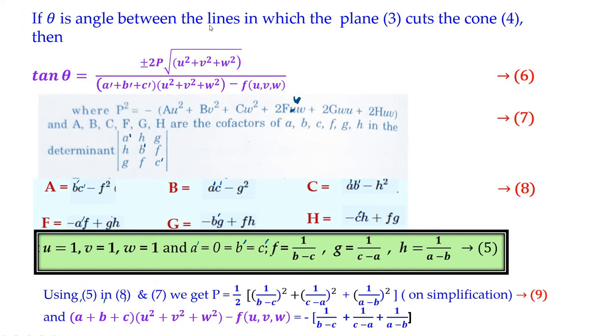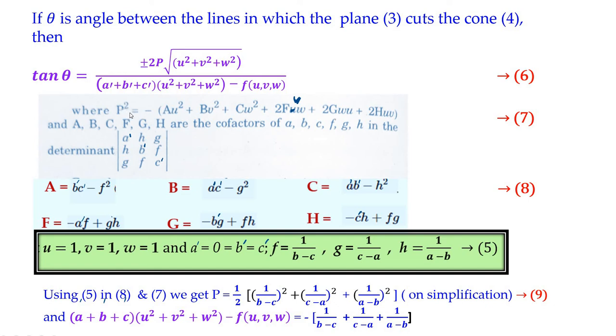Now if theta is the angle between the lines in which the plane cuts the cone, then tan theta is given by this, where this p square stands for this, where capital A, B, C, F, G, H involve the cofactors, given by this one, and we are substituting u equal to 1, v equal to 1, w equal to 1 and all this. And so when we do so, ultimately we get our P,